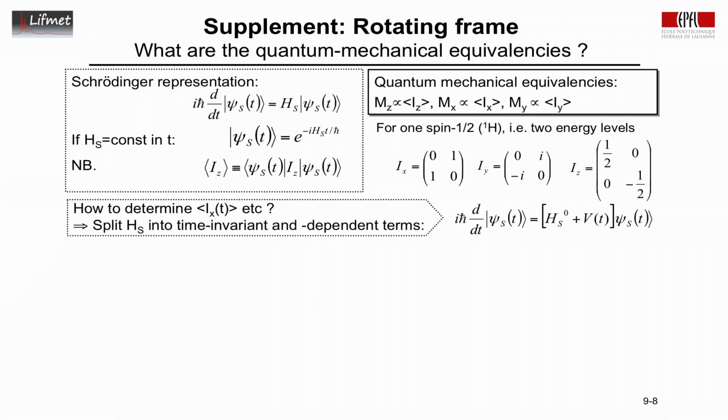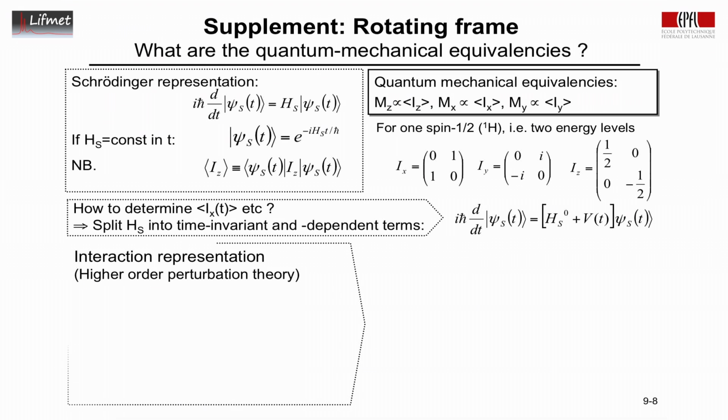So we can write our Schrödinger equation here. We split the Hamiltonian, this term here, into a time invariant term and a time dependent term. And then we impose that the time invariant term is much bigger. Its eigenvalues are much bigger than those of the time dependent term. And we'll use here now the interaction representation, which comes from higher order perturbation theory. And if we do that,